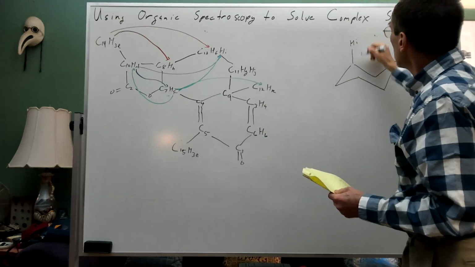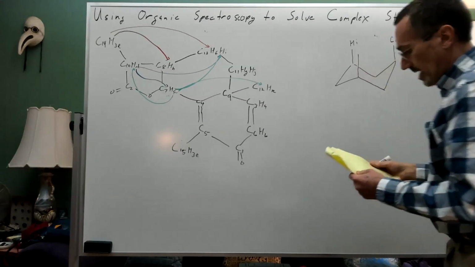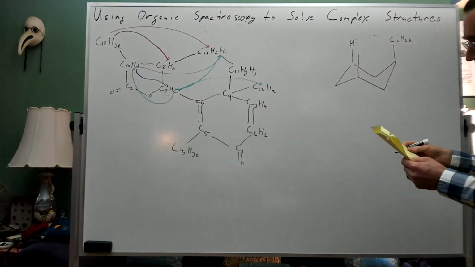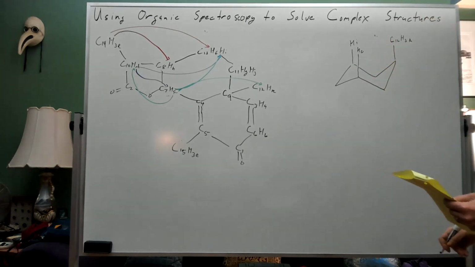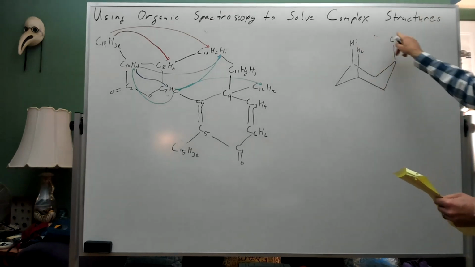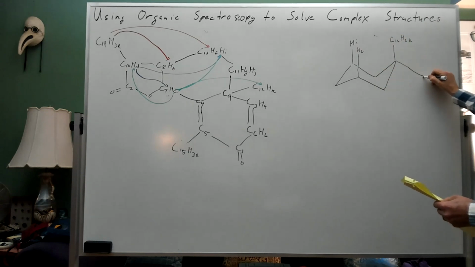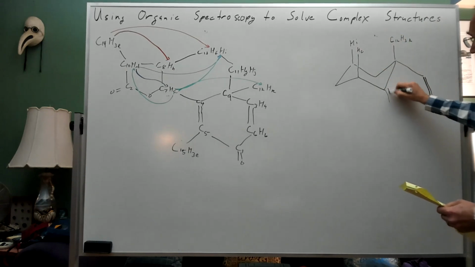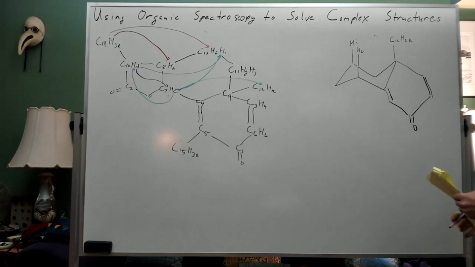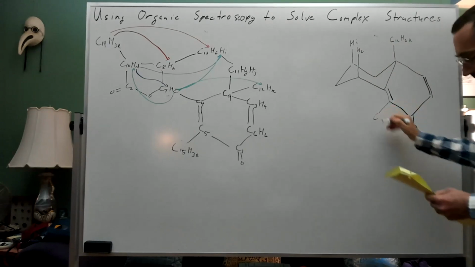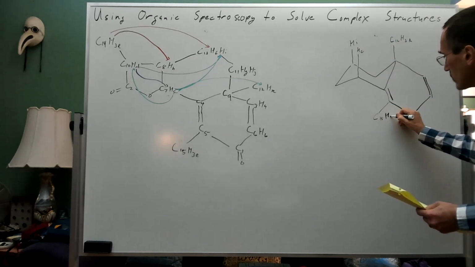And I guess if I want to be a good person, I'll break that little line in back. I have my HC. That can explain this locus of NOEs across here. Then at this point, we can draw in our ring with the double bonds. And I can draw on my methyl group. This is our C15H3E